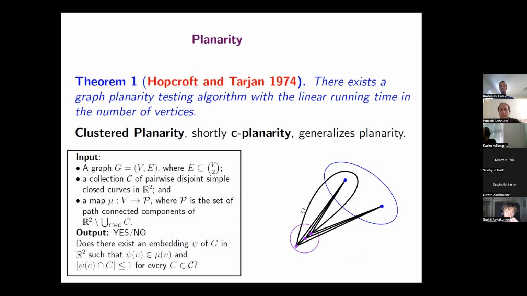So perhaps let's illustrate this by an example. Here we have a simple instance, which is a graph, the complete graph on 5 vertices, if I'm not mistaken, whose vertices were partitioned into 2 parts. And now, if we want to respect this partition,